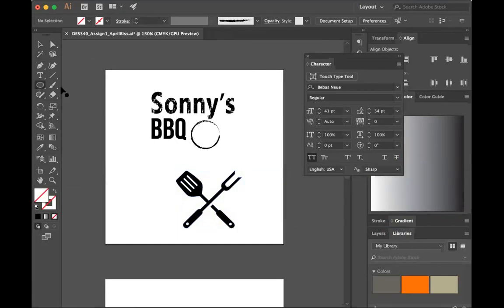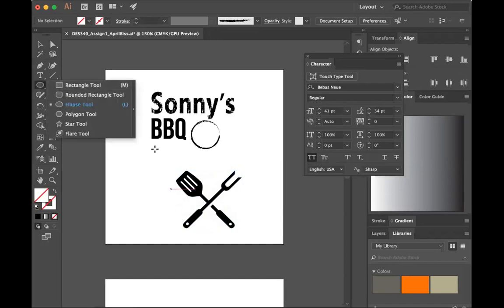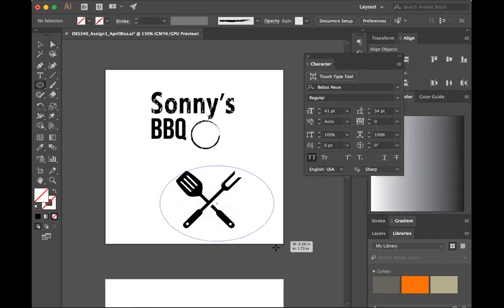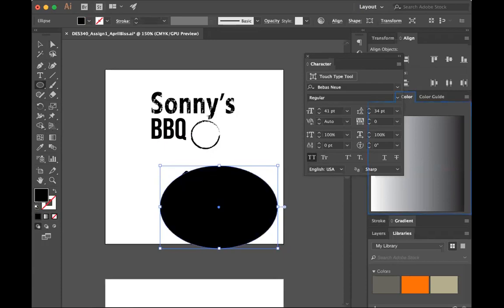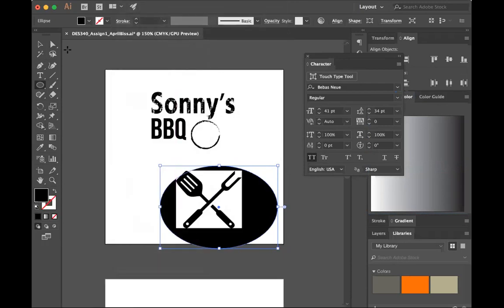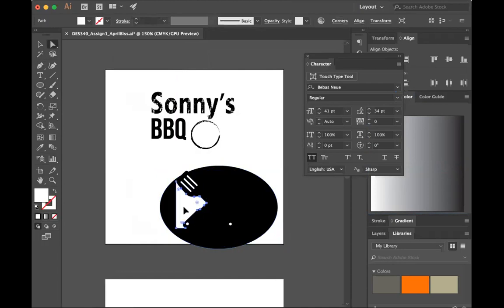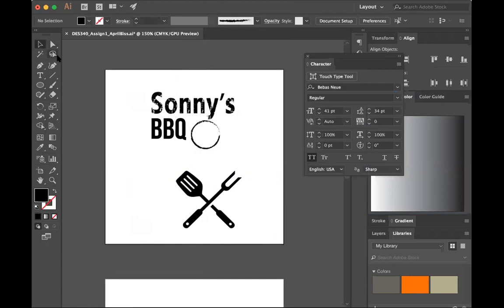If I were to have my round circle behind here with black, you're going to see that white part. So I just hit expand, click on the white part and hit delete. So I'm getting rid of that white background.